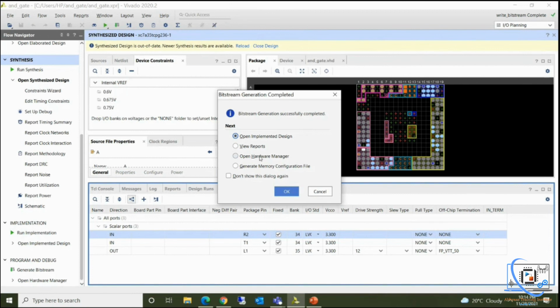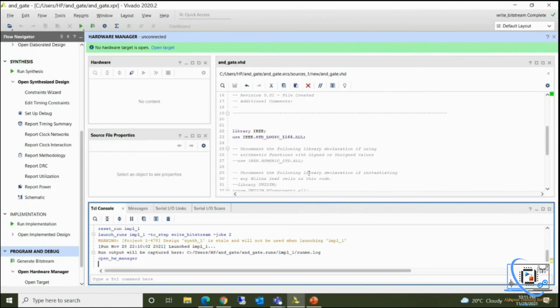Now you have to click on Open Hardware Manager. You can open it from here also, or you can directly select the Open Hardware Manager option and then click OK. This is the time you have to switch on your FPGA board and connect your board with your computer using JTAG cables.